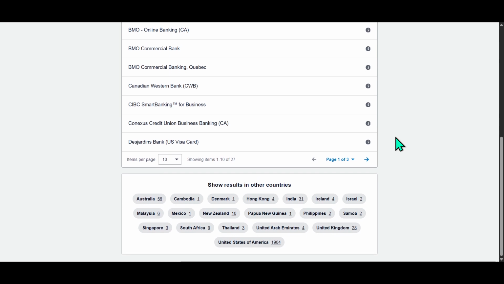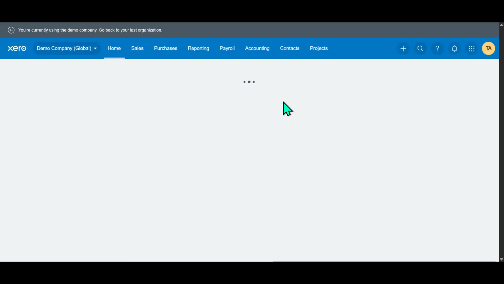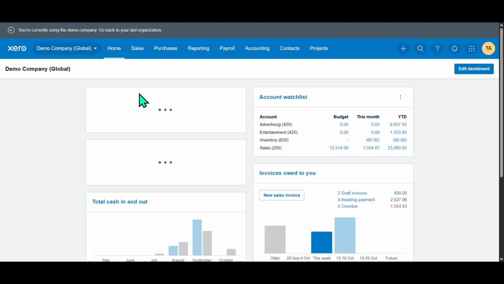That's all there is to it. Whether you opt for connecting your bank directly through an available bank feed or manually inputting transactions, integrating your financial data into Xero can greatly simplify your bookkeeping process. By doing so, you maintain a clear and organized overview of your business's cash flow, helping you make informed financial